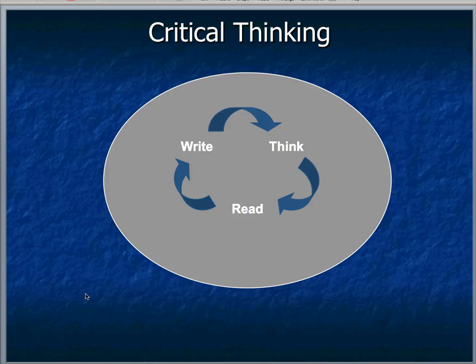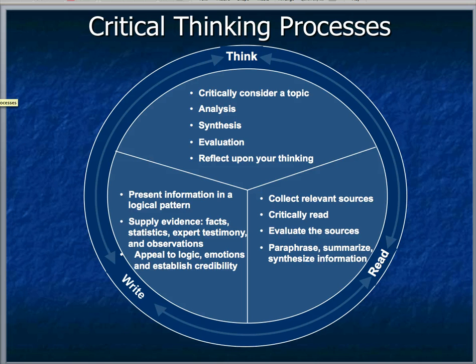We're going to be talking about critical thinking today, and just like reading and writing, critical thinking is a part of this recursive process. Whenever you analyze a problem, a topic, or a complex situation, you can use these three skills to help you reach a logical conclusion. We also use it as we write. So when we think, we are using higher level skills such as analysis, synthesis, evaluation, and reflection to help us